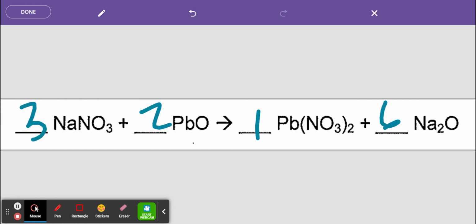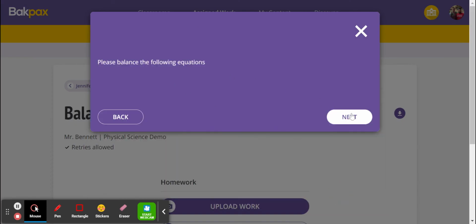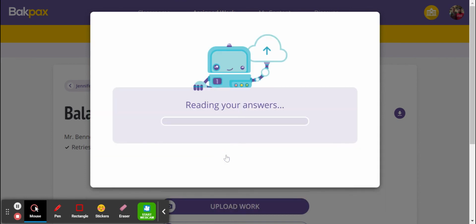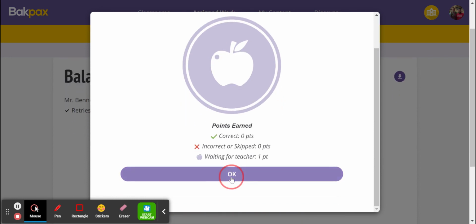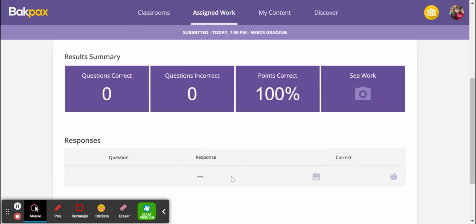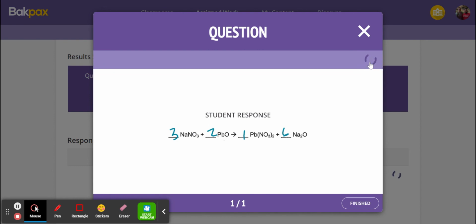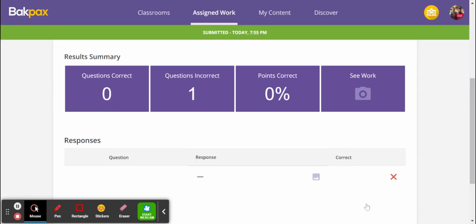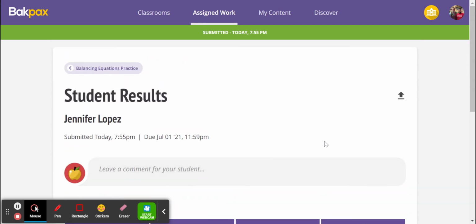But then once I put it in, they click done, it uploads, they click next, and that's just part of the instructions. And then I click submit, and it's automatically grading my answers. There are sometimes that you do have to personally grade them, so I would go in here as a teacher and go, oh, 3, 2, 1, 6. Yeah, that balances, so I can either give them credit or you click the X to not give them credit, either one. So I can mark as incorrect. And then you click finish, and it will automatically put all of that work in there,